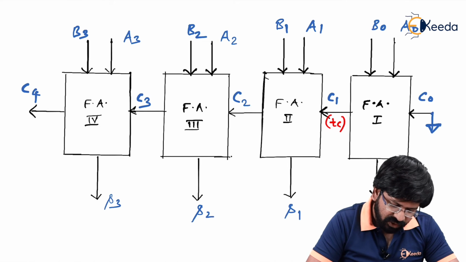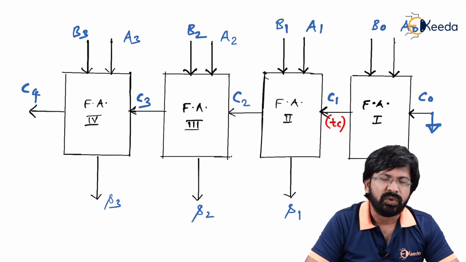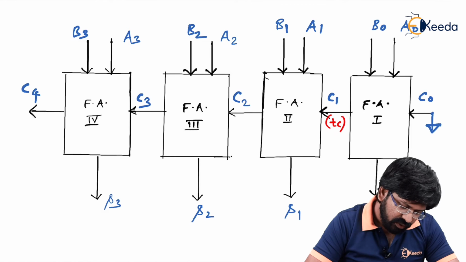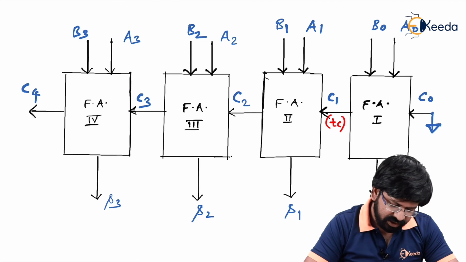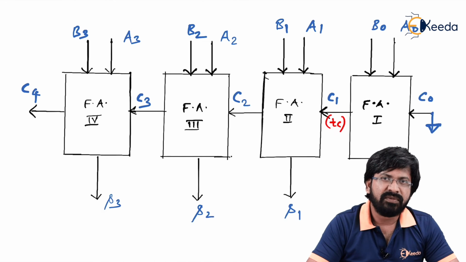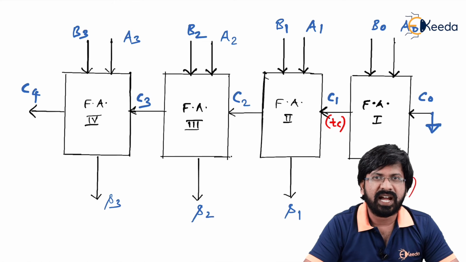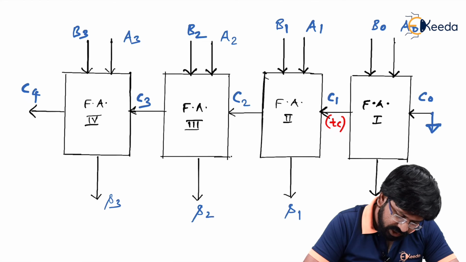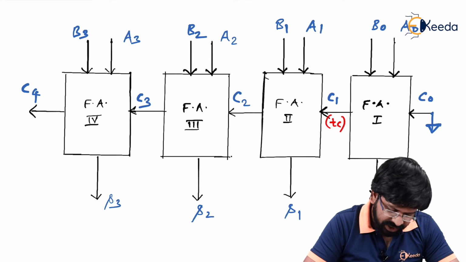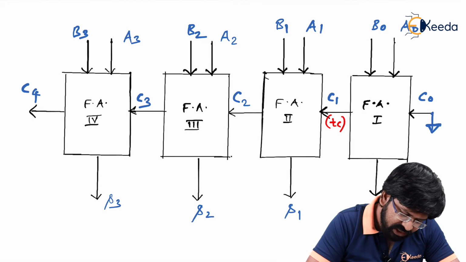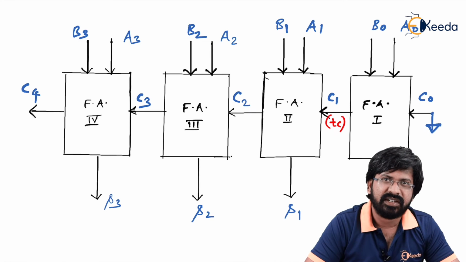Now, we have understood full adder 1. Let's talk about full adder number 2. Concentrate on the inputs of full adder 2. What are the inputs? A1, B1 along with C1. Once A1, B1 as well as C1 are applied, then only S1 will be generated. Am I right? I repeat. After applying A1, B1 along with C1, S1 will have a valid value. You know the fact that for generating S1, Ts time is required, but at the same time, it cannot be generated until C1 also appears. Therefore, as you can see, C1 appears after Tc time. Am I right? C1 appears after Tc time.